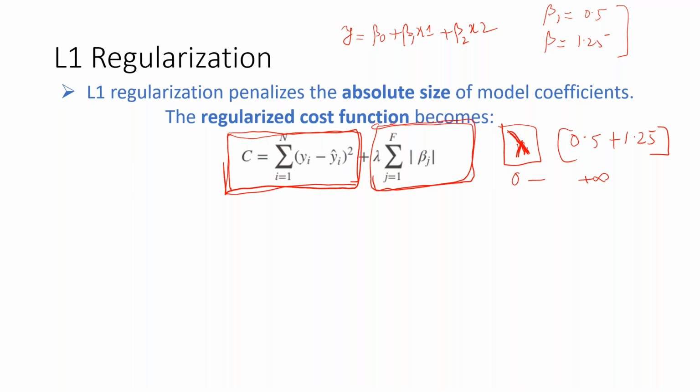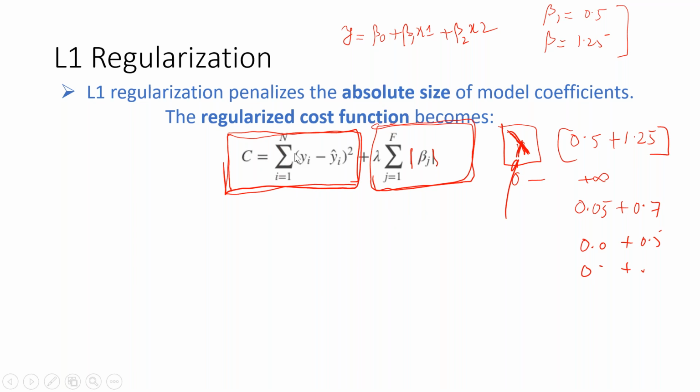Now once it minimizes this, this 0.5 may become 0.05, and 1.25 may become 0.7. If I keep on increasing this lambda, whatever is small will actually become 0. If I increase it further, both betas will become 0, 0. Then it will become a mean model, a horizontal line, where the slope is 0. So when you use absolute betas, you are adding slopes, and lambda times that. So let us read this equation again.